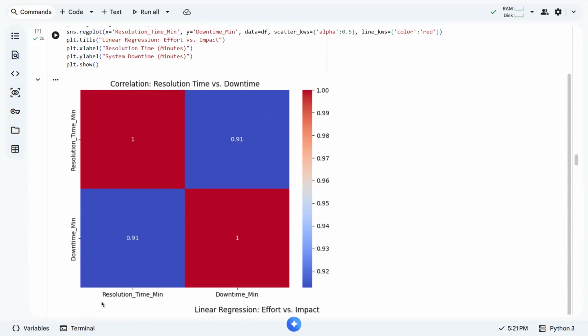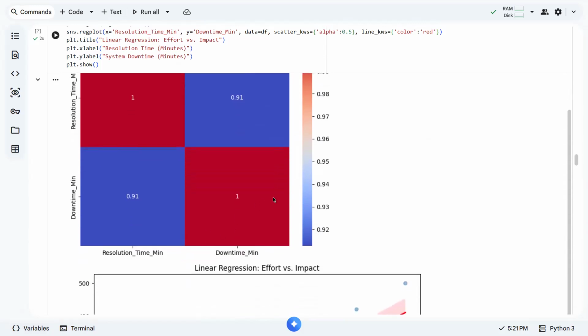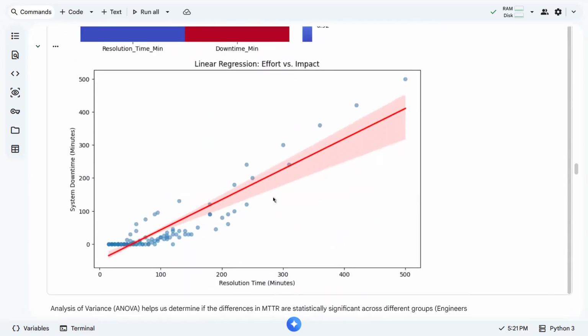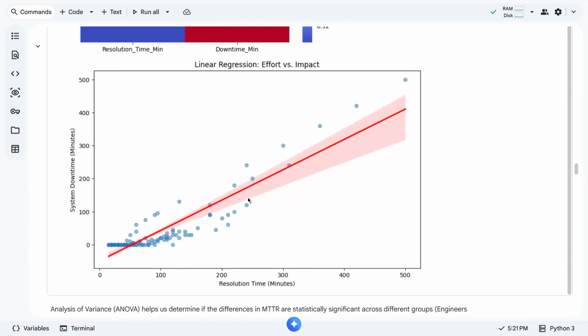In most cases, these two are directly proportional to each other. We can support that claim further through our regression plot, or our scatter plot here, wherein from these plots we generate our regression line, this one.